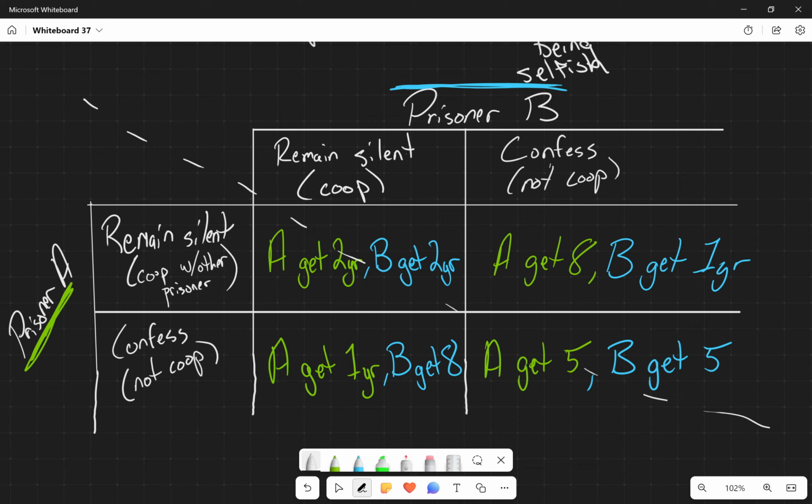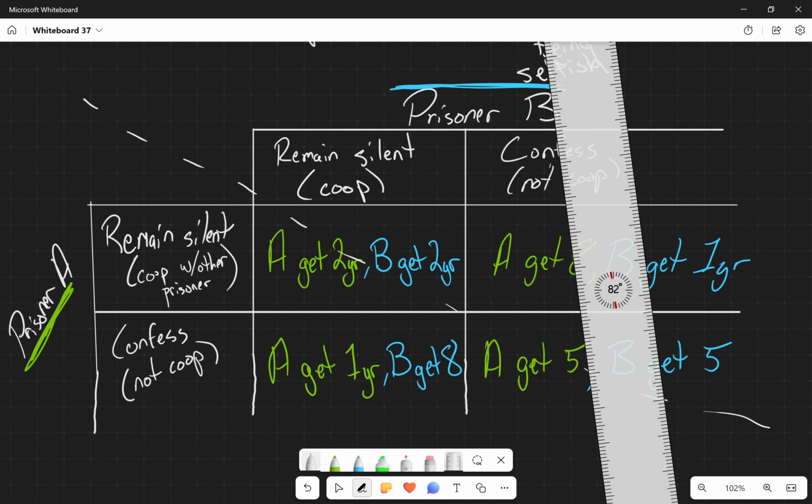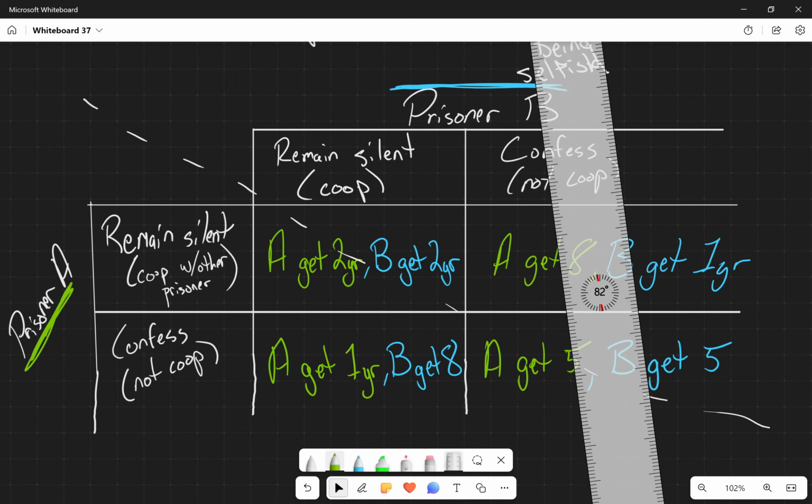So the way that we're going to solve this is we're going to take a look at what if prisoner B decided already to remain silent, and we are prisoner A. So that's why I put this ruler over here, just to cover up the option of prisoner B even confessing. So you can use your hand on the exam, right? You can use your hand on the screen, but just get rid of that extra information. So if you cover that side up,